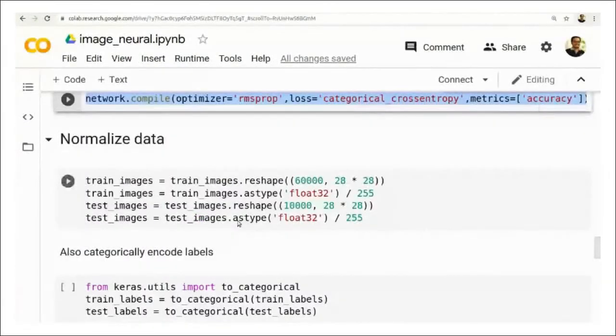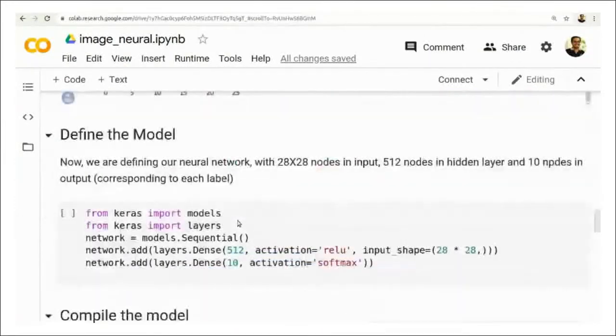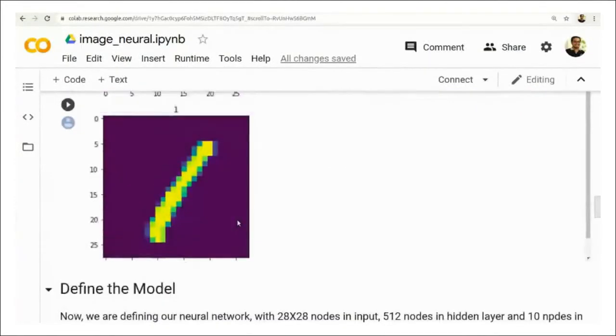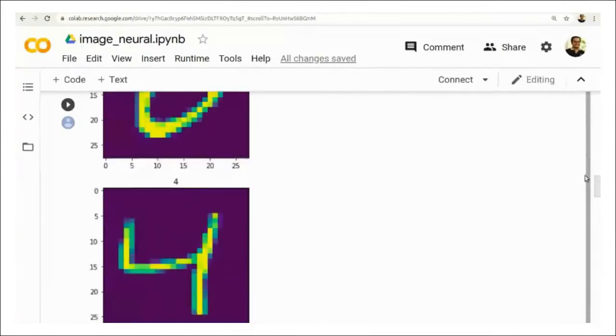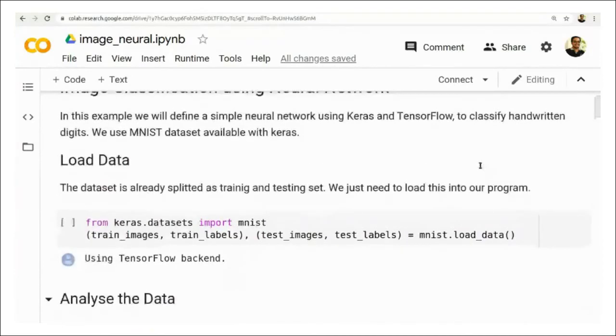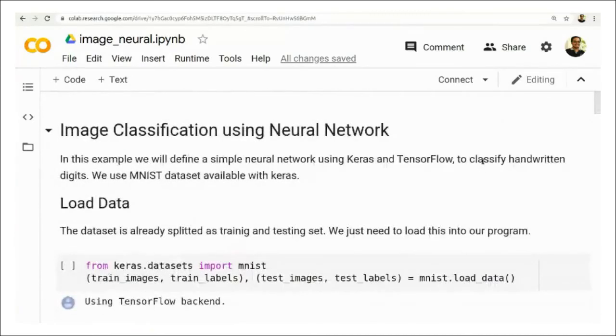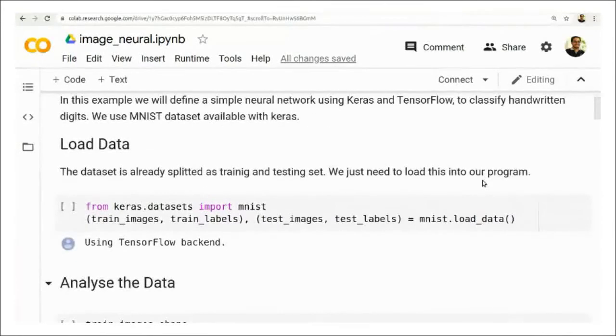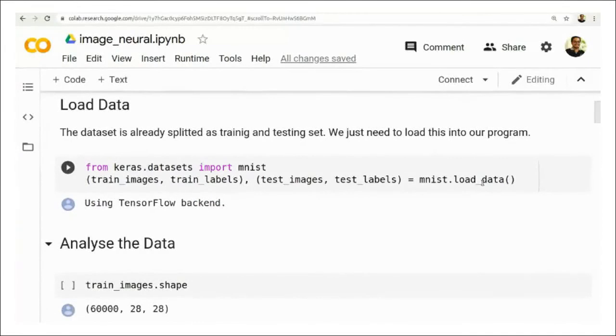So this is a simple model, simple structure. You can expand this to any higher level. I think this is one of the fundamental examples in image processing, one of the Hello World programs for image processing machine learning applications. Most of the textbooks start with this example.